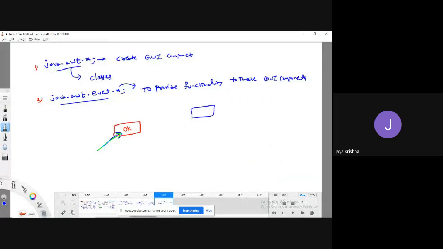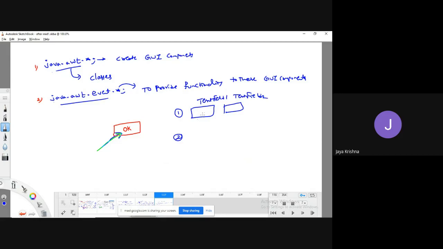Generally, I have created a text field, and there is no problem. This creation I can do with the help of the first package, java.awt. This is text field one, and this is text field two, which I have created. Suppose after this I want to provide some function to it, I have to use the second package.